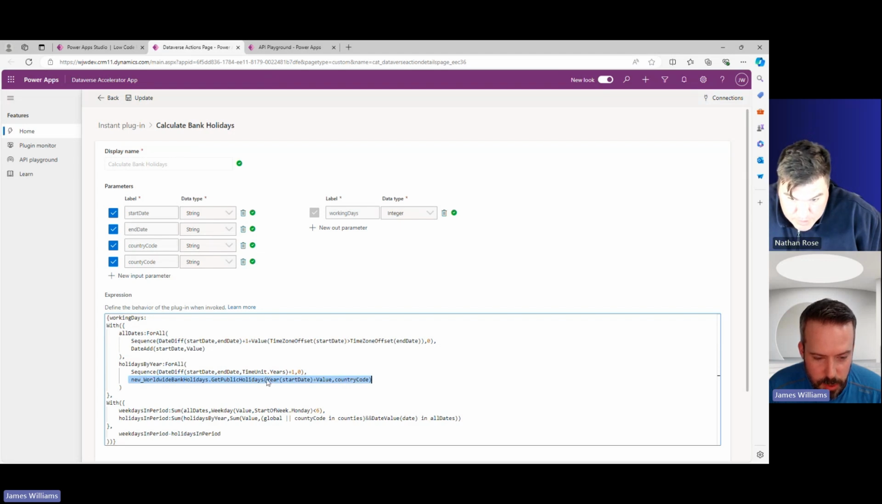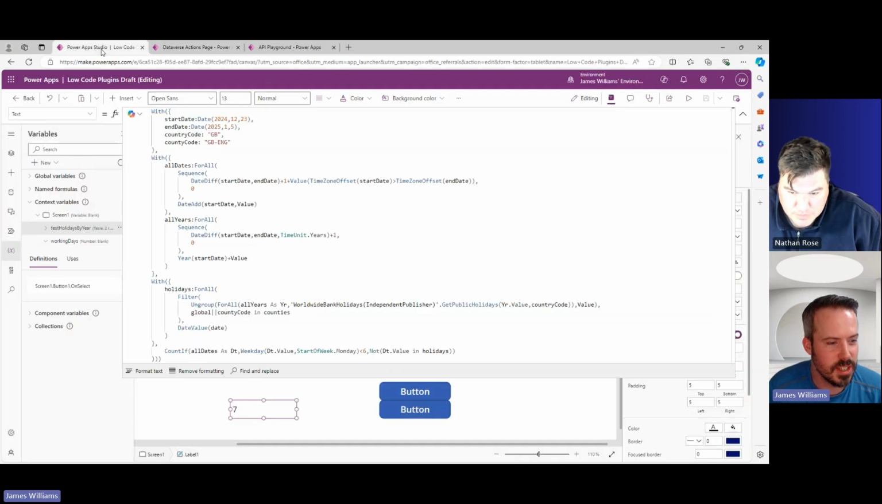I'm running it for that year with this inner expression. So that's the year, 2024, 2025. I've got my country code as the second parameter. So this gives me back a table of tables, and each of those tables is a set of results. That's easy to visualize back in